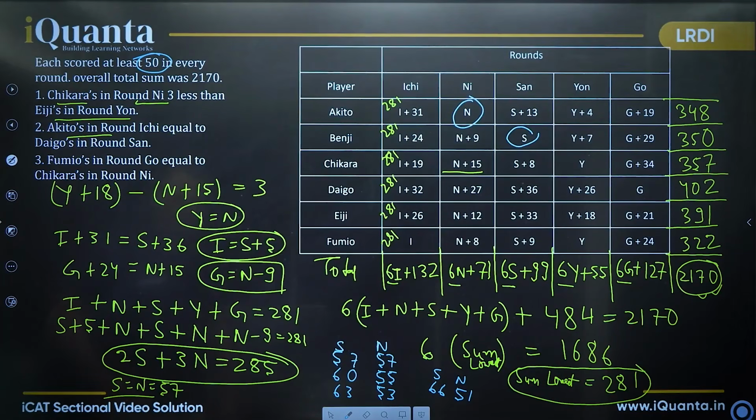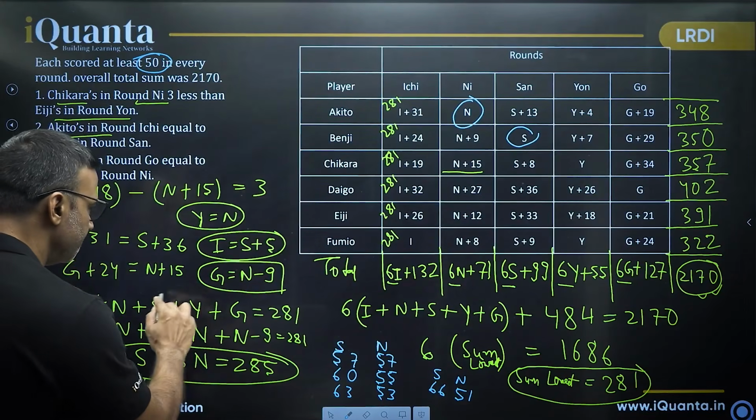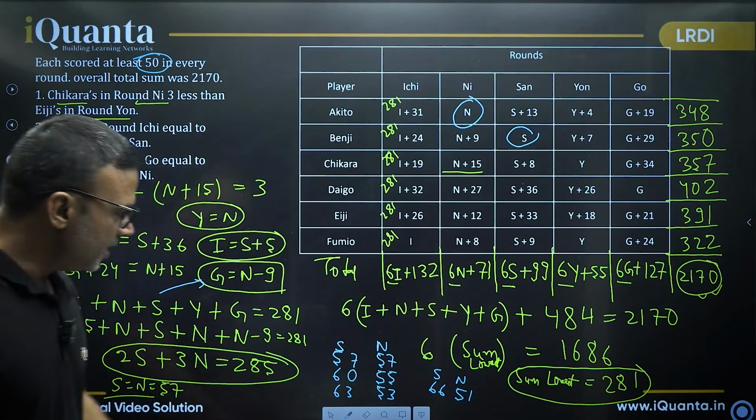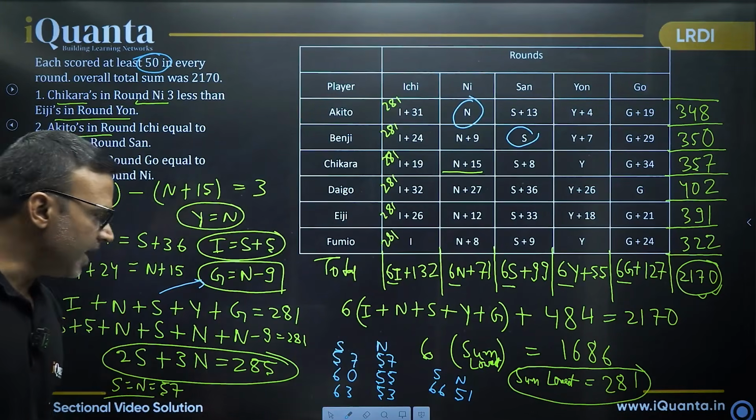There is another thing. g is equal to n minus 9. Now this is a problem. At least 15 every round. If I have g equal to n minus 9, that will be invalid. You see, none of them is valid yet. Look at g. You see that? g is n minus 9. So even if we have more solutions, none of them is valid yet, because if I take n minus 9,